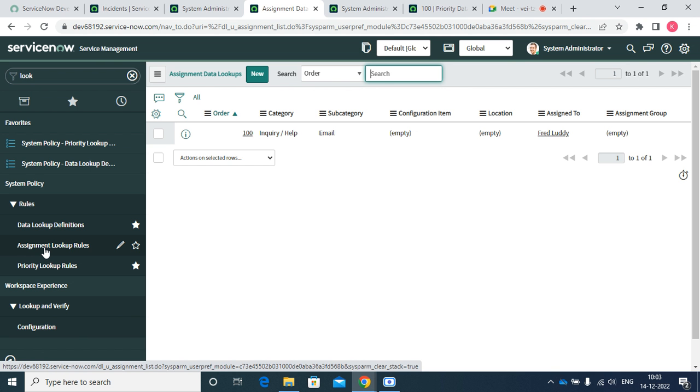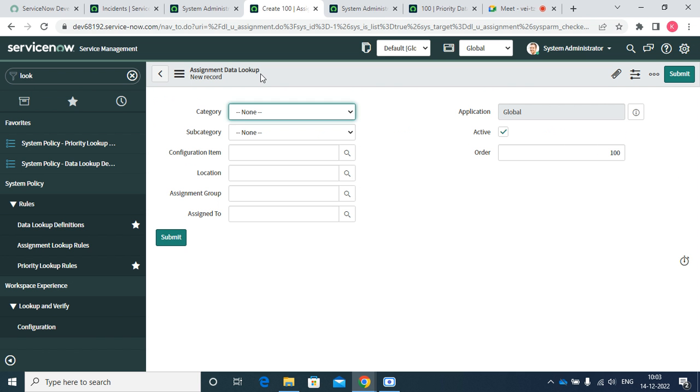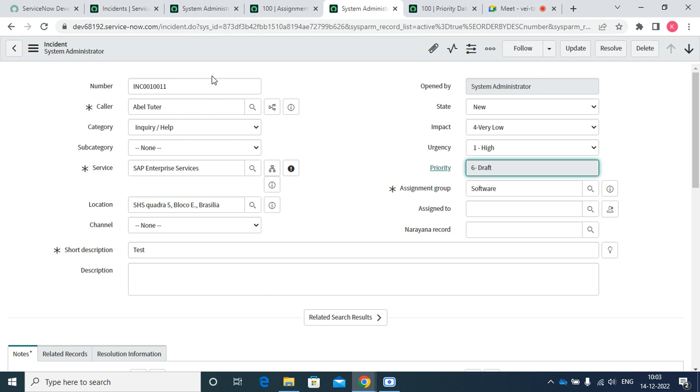So what we have to do is, for example, if I open a new rule, here in the assignment data lookup rule, we can configure it depending upon the user. If the category is software, I'm assigning it to the software group. If I have made this and save it, whenever I create an incident,